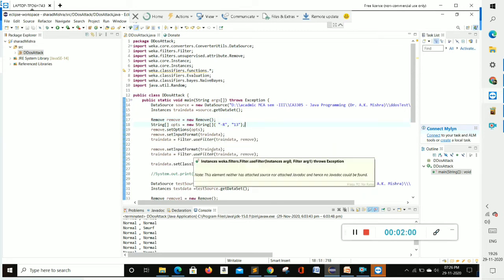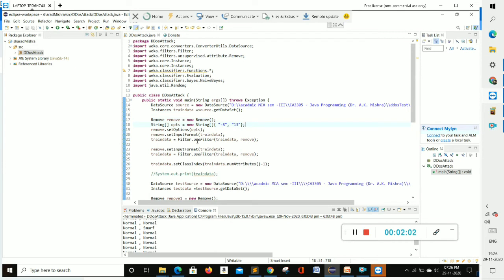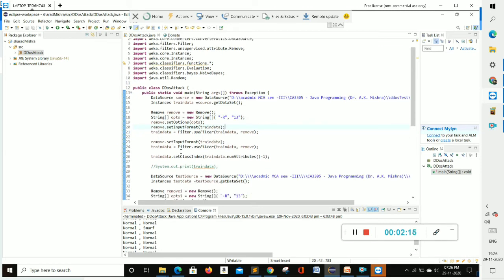Then I am using the train data keyword, and again calling the set input format function with the remove object.